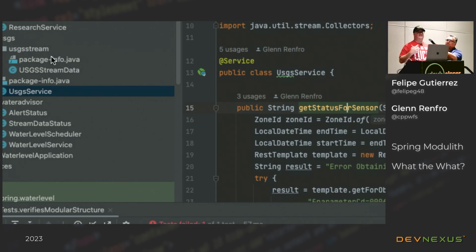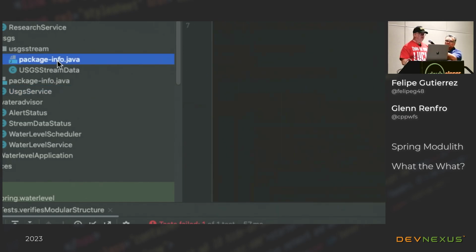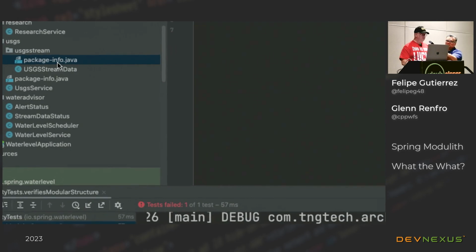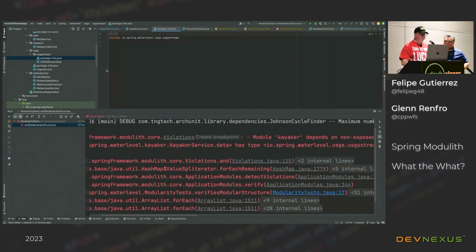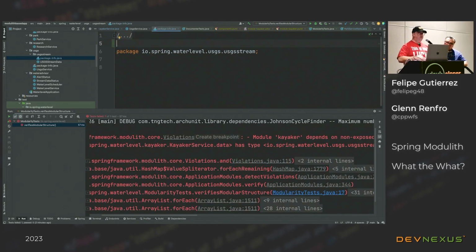Please, as you start seeing things that you would like to see added to the project, add them as issues to the GitHub project. But yeah, that would be actually cool to have that. So, finishing up, let's go to USGS service. But the one thing that Felipe said is, how can I make that legal? Maybe I'm in the middle of a migration, and I can't make all these changes to modules immediately. Maybe I can do it in stages. How can I maybe add behavior that's different than the defaults offered by Spring Modulith?